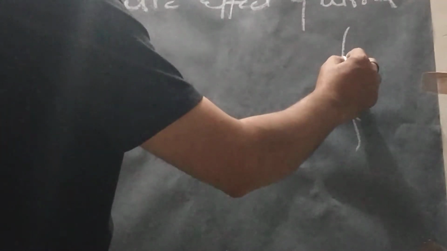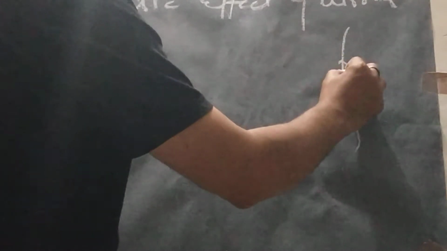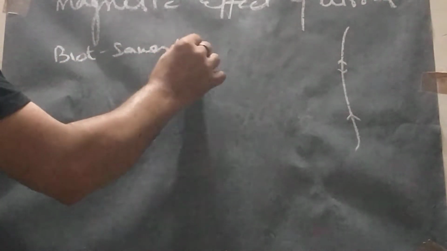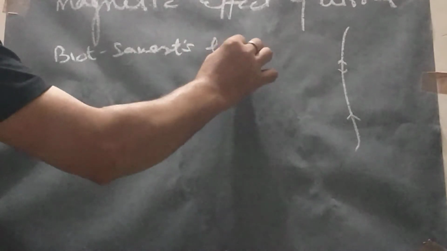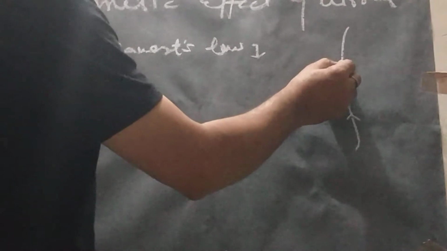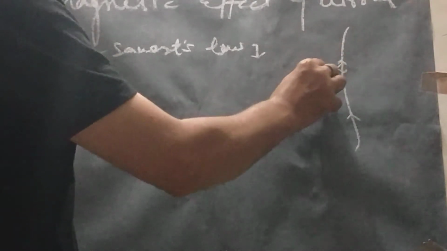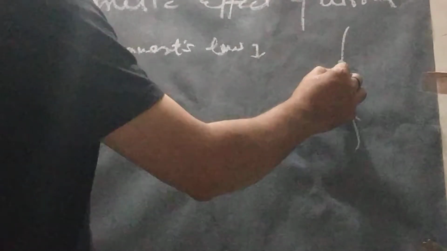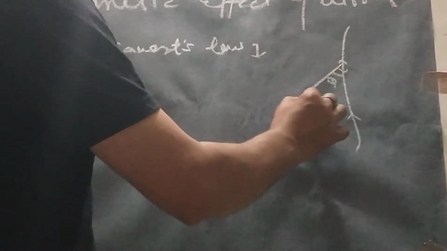So, the magnetic field produced by the current is calculated with the help of a law. This law was given by two scientists, Biot and Savart. Therefore, this law is known as the Biot-Savart law. According to this law, the magnetic field produced by a current element about the conductor